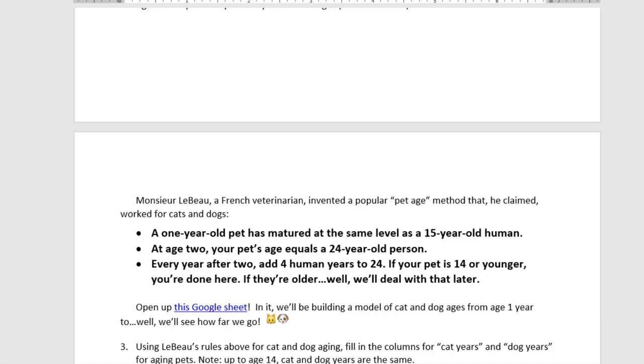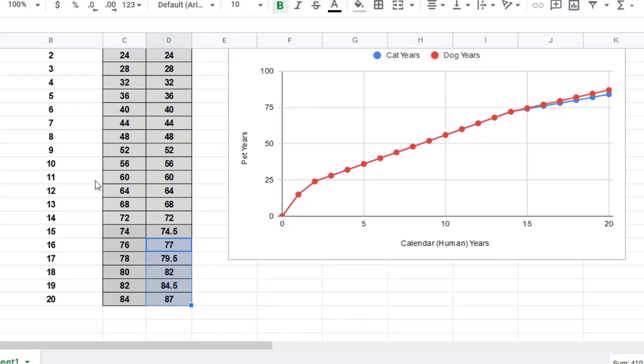Let's go back to the Google Sheet. Because 16 calendar years should be 76 cat years. I was off by, what, 8 years. So where did I get the 84 from? I have no idea where I got the 84 from. Honestly, that was a couple of years ago. I don't remember. The point of the post, though, I think is still valid, in that he's a 16-year-old cat,